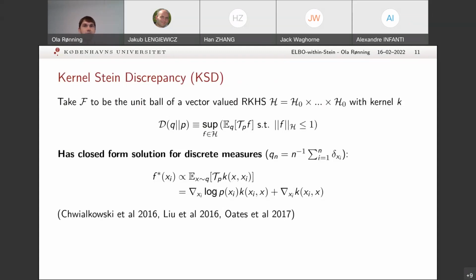Good. So we're going to put a further restriction on our Stein class, and that is that we're going to construct this kernel Hilbert space by the product space of these. Because remember, we want R^d, and each of these gives us R. So we're going to do a product space on them. And then in this space, we're only going to choose among the functions whose norm is less than or equal to 1. This is a technicality, but it gives